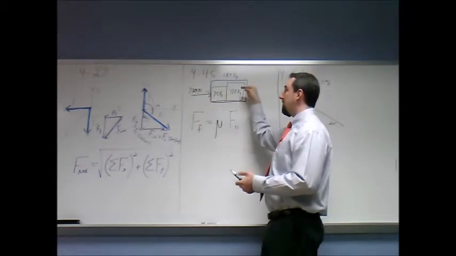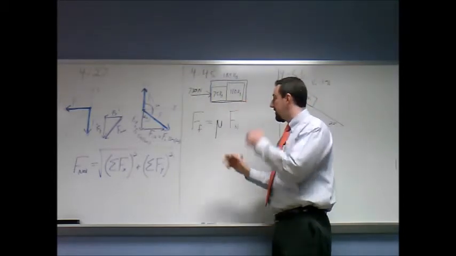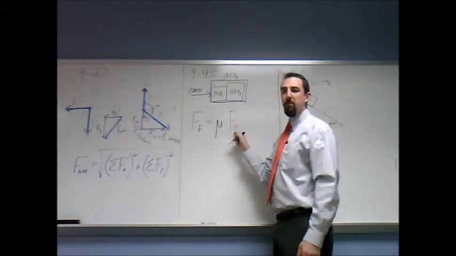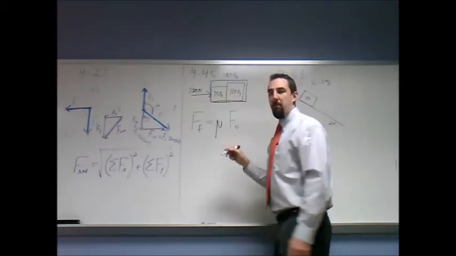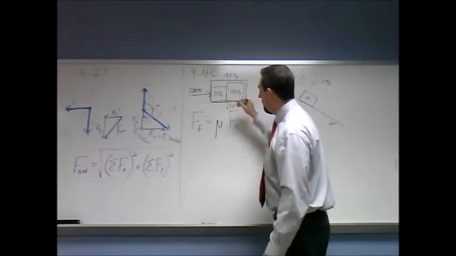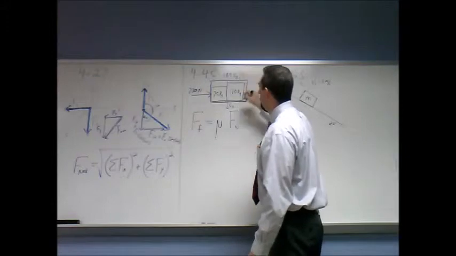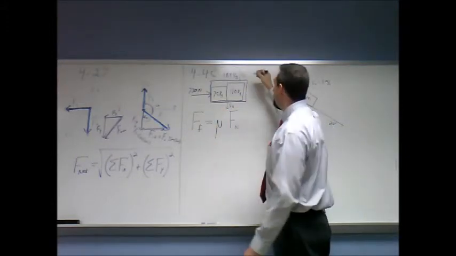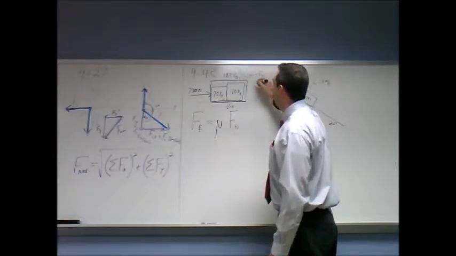If I try to push these same blocks that way, friction pushes back. So to figure out how much, you say, well, I need the coefficient of friction, which you should have, and the normal force. Well, remember these blocks are sitting on a tabletop. Gravity is pulling them into the tabletop, and normal force is pushing up. So a lot of times, not all the time, normal force is going to be equal and opposite to the force of gravity,